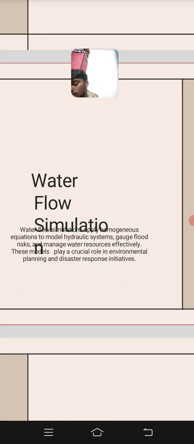By this, homogeneous equations help in various points, and by knowing